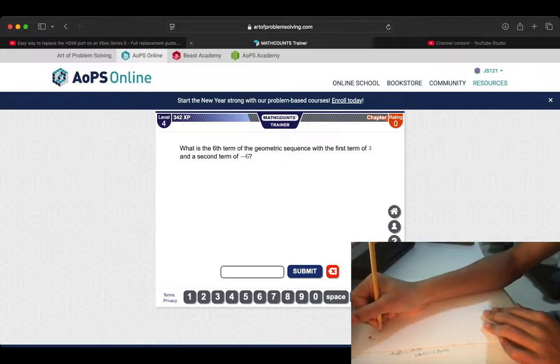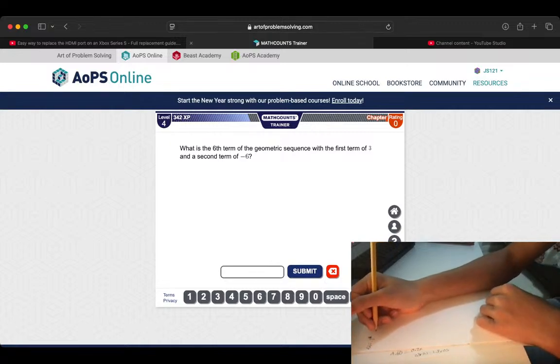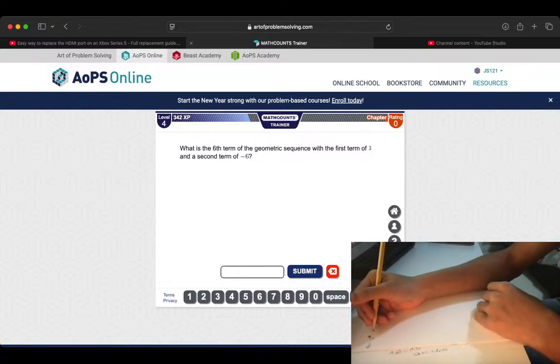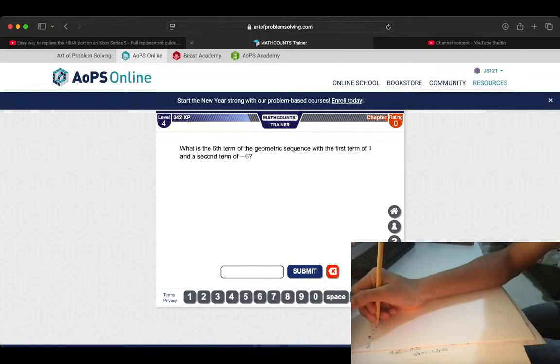And then f of x is equivalent to negative 8 to the x. I need to do more practice on this. Plus 3. So the first term